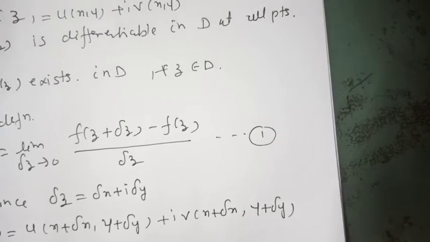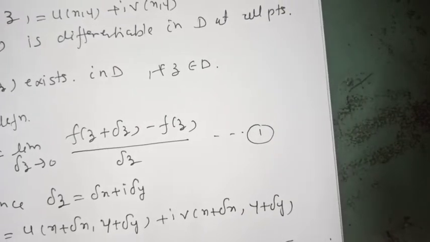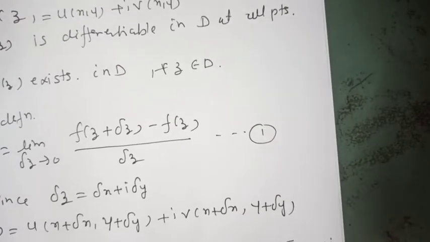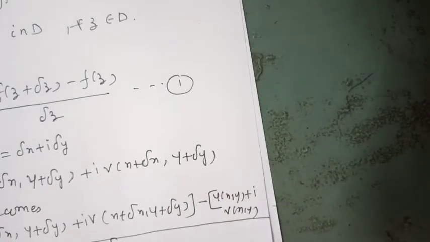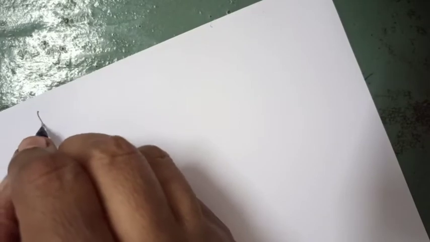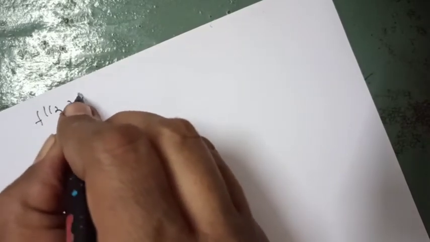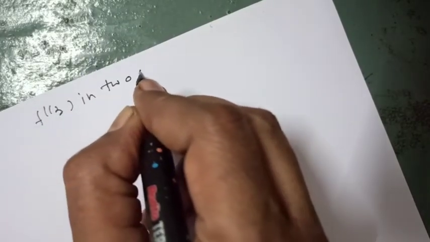These are the separated real and imaginary parts. Call it equation 2. Now from this equation 2, we can calculate f dash z in two ways,